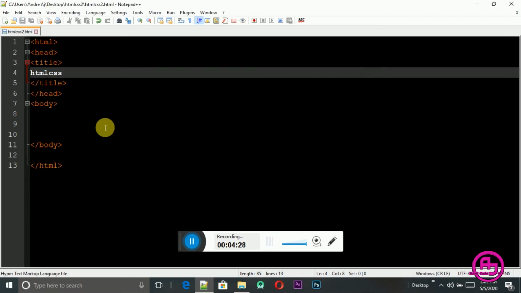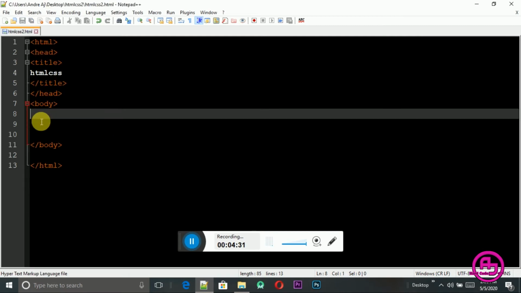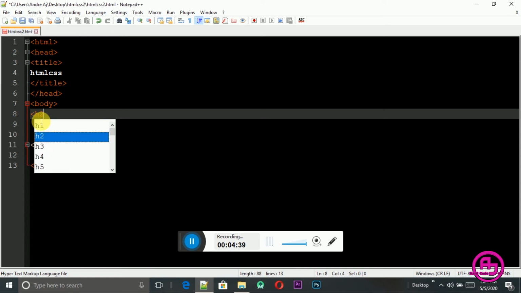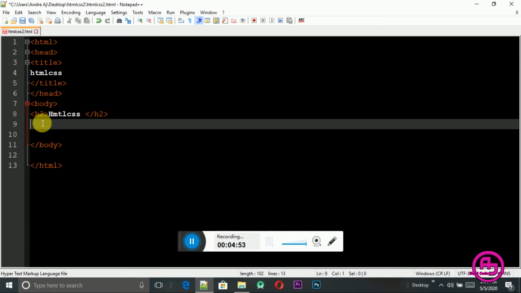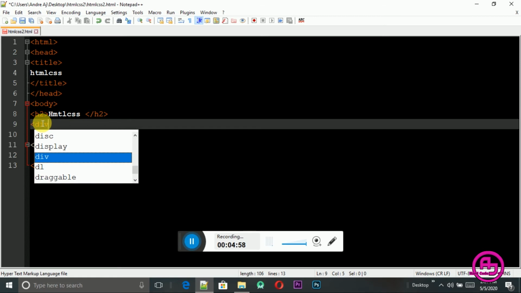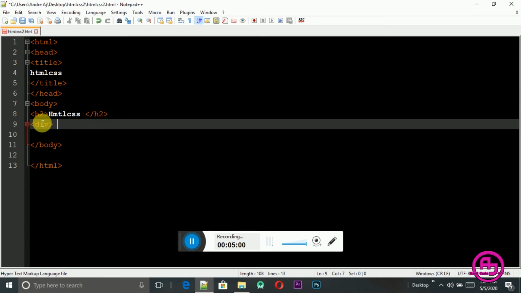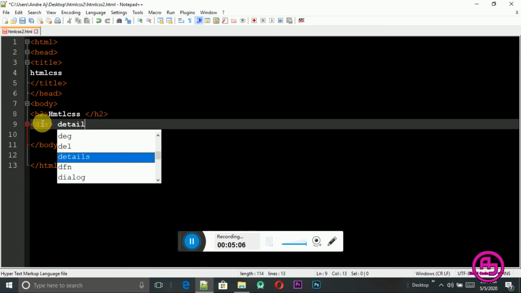Okay, so now that it's saved, I can begin writing other tags. I want to have a heading, so I'm just going to type h2. That's what I'm going to use. I'll close the h2 tag, and then inside this h2 tag I'll type HTML CSS, and then down there I'm going to have a div. So this div will be details. So I'm going to close that div,